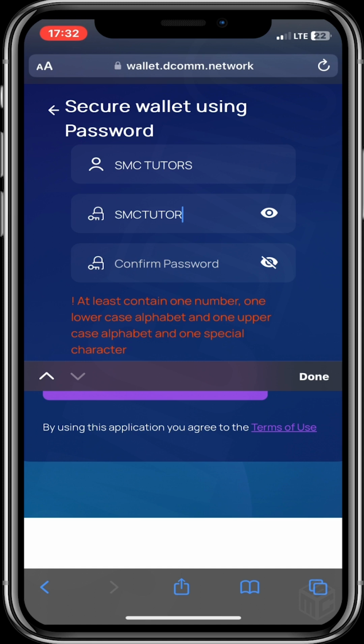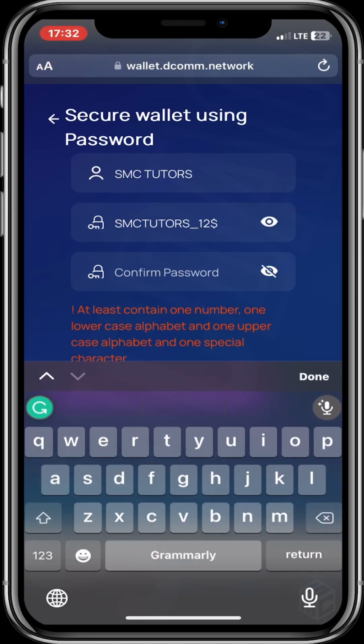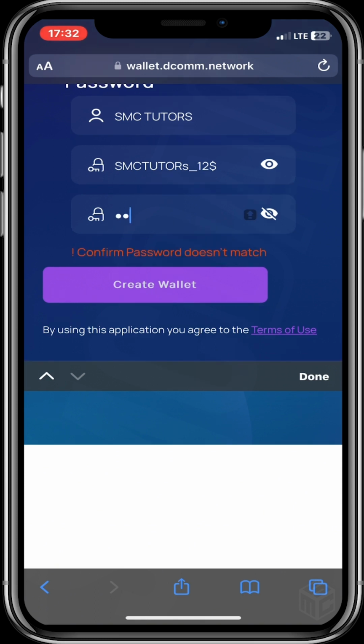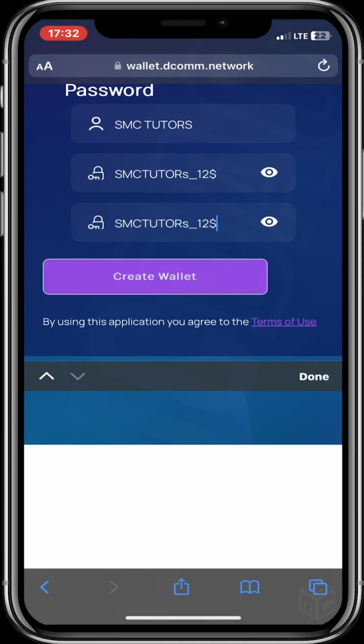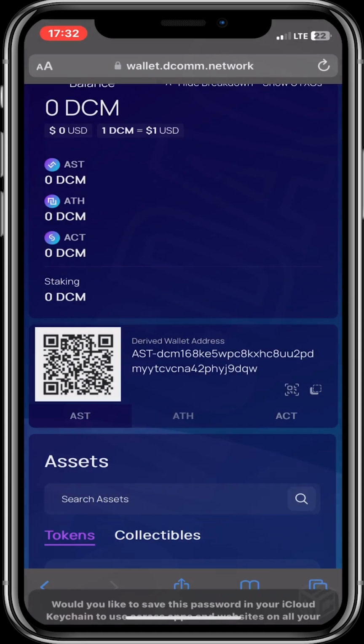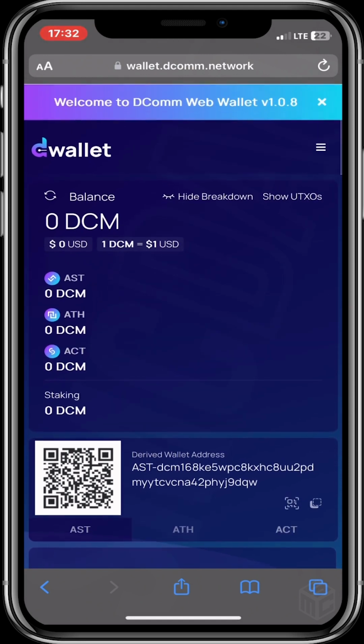Now you will see I'm adding a new, still showing the red. You can clearly see it is not yet complete. So then we're now going to add in a lowercase, and you can see it is verified now. Then the next one, we input back the password, using the same password. You have the SMC tutors, and now you click on the create wallet. It's on create wallet, and now here is your Dcomm wallet. It has been created for you. Now you have the AST,